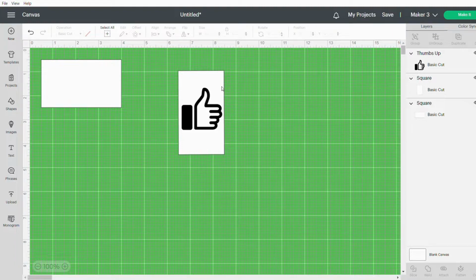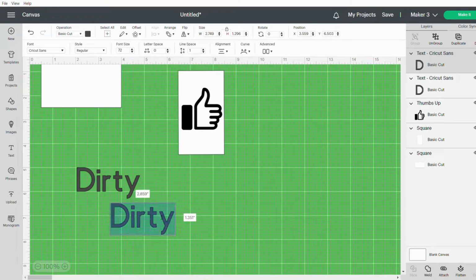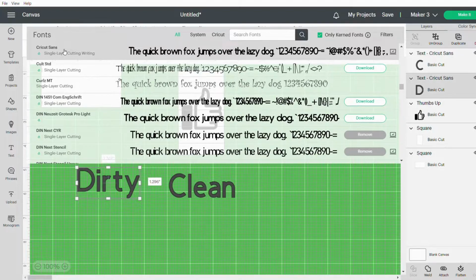So you can either just leave it this way or you can add some text. I'm going to click on the text box and then type in dirty, right click and duplicate, double click and type clean, and that's basically my two little fonts that I'm going to have in there. Then I just want to change the font, and you can change it to whatever you want. The one I'm going to use is DTC Barn Acre,